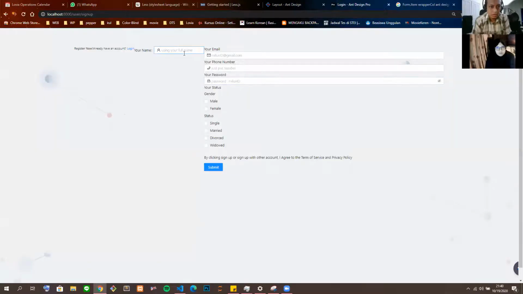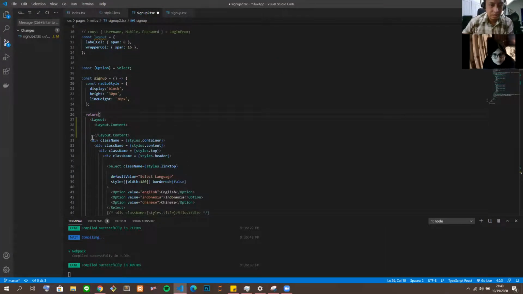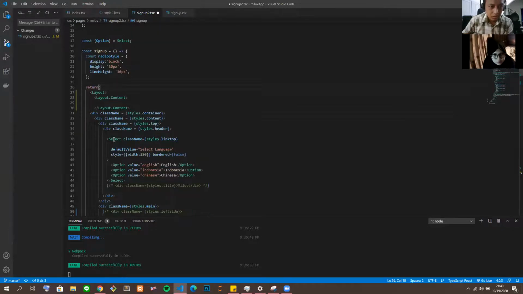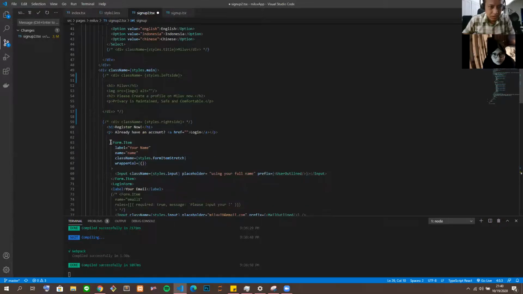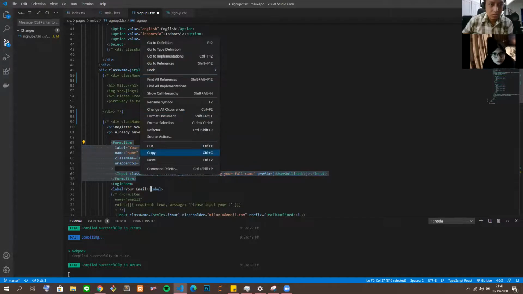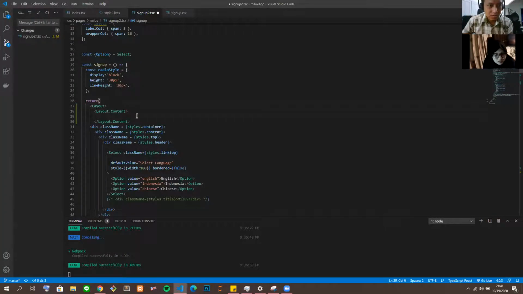Okay, so now try to move your form into that content. Starting with the your name form item. Maybe just one by one. No, just the form item, yeah. Just your name. Just this one, just to see how it works. You can copy actually, you don't have to cut. You can copy. So just